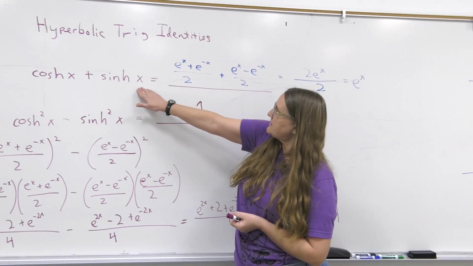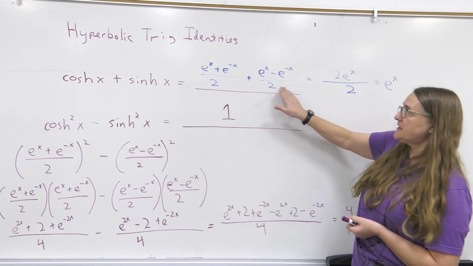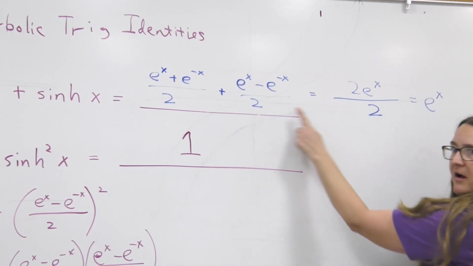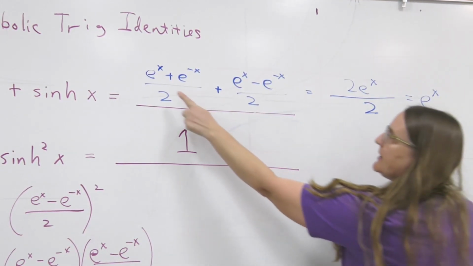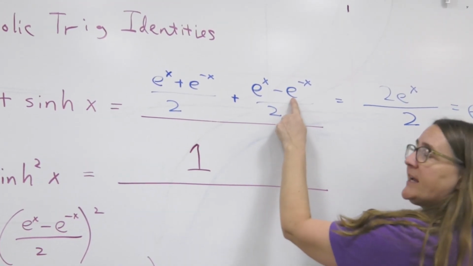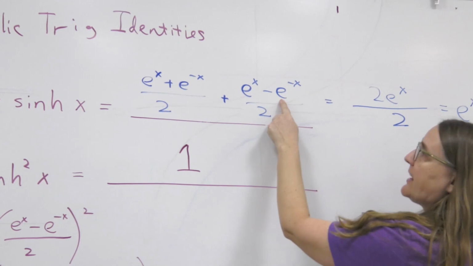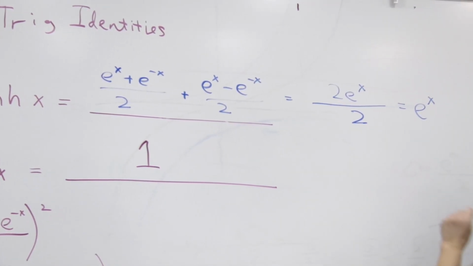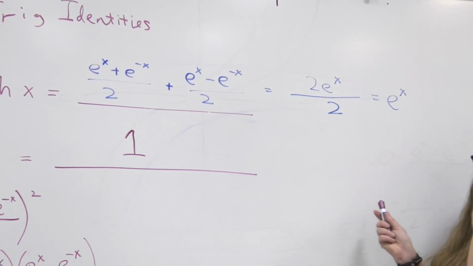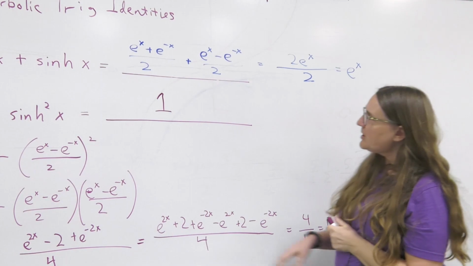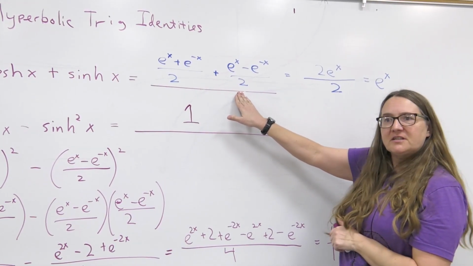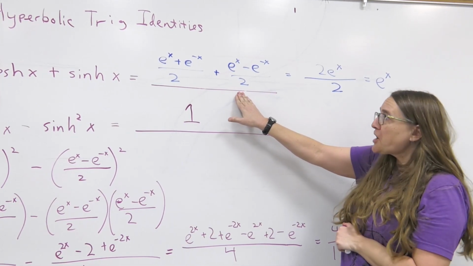If I write cosh and sinh in terms of their definitions using e to the x and e to the negative x, I can see that I'm adding two fractions with a 2 in the denominator, so I get a 2 in the denominator. Here's an e to the x plus e to the x gives me 2e to the x. The e to the x and the minus e to the negative x cancel out. So I end up with just 2e to the x over 2, which is e to the x. So that's kind of neat. We can write e to the x, which has no symmetry whatsoever, as the sum of an even function, which is symmetric about the y-axis, and an odd function that's symmetric about the origin. Kind of a neat thing.